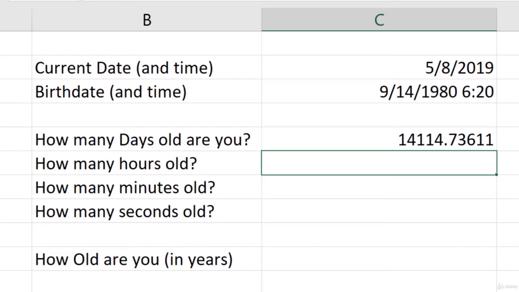If you're in your early 30s, you're coming up on your 10,000th day on Earth. Pretty exciting. Great excuse to have a party. We can keep this going with time. If you want to be precise based on that time you were born, go back to that current date field,